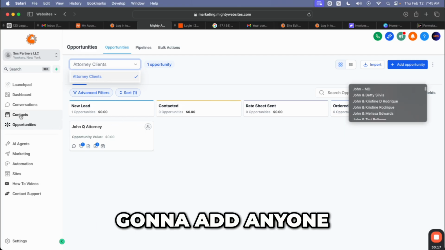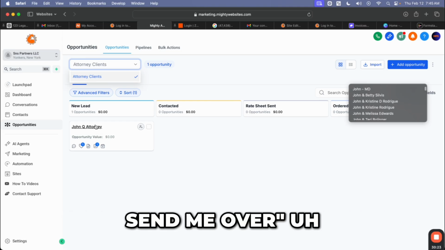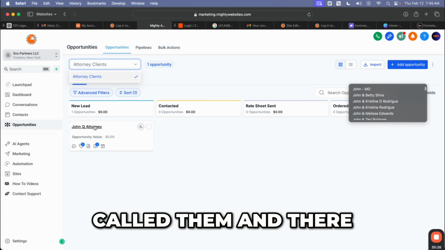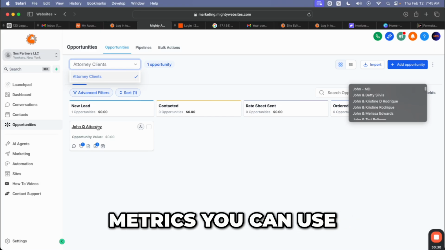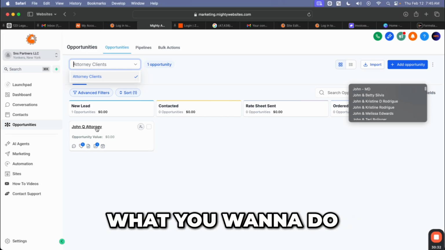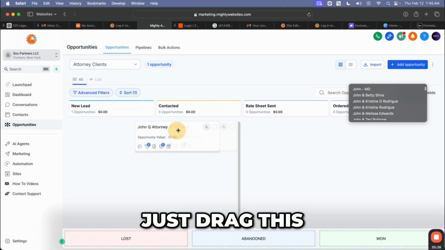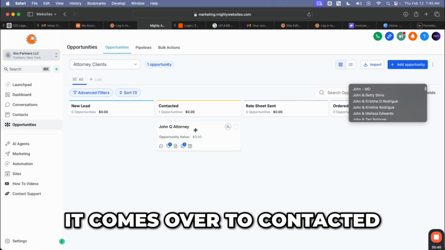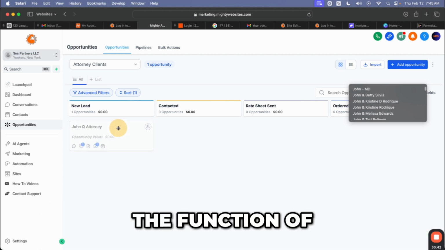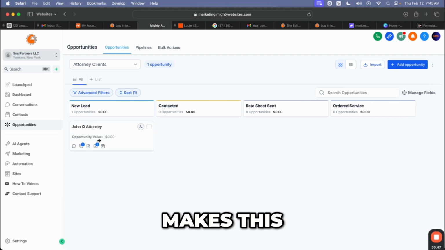But I'm not just going to add anyone. I'm going to add people who actually answered the phone and said, yeah, sure, send me over. Or maybe you called them and they actually have a phone number that works, right? So you have different metrics you can use. It's up to you what you want to do. But once you've contacted them, you can simply just drag this. Once you've dragged it, it comes over to contacted. Just the function of dragging back and forth makes this